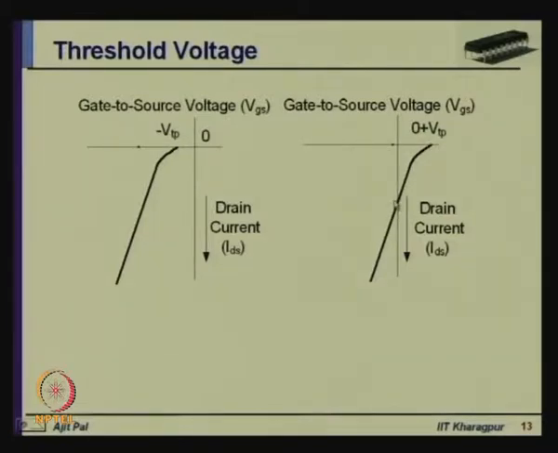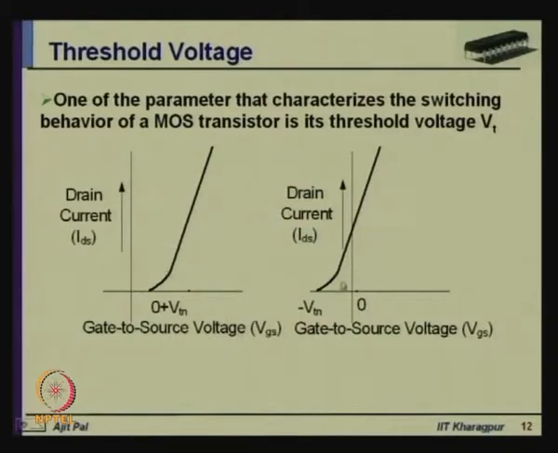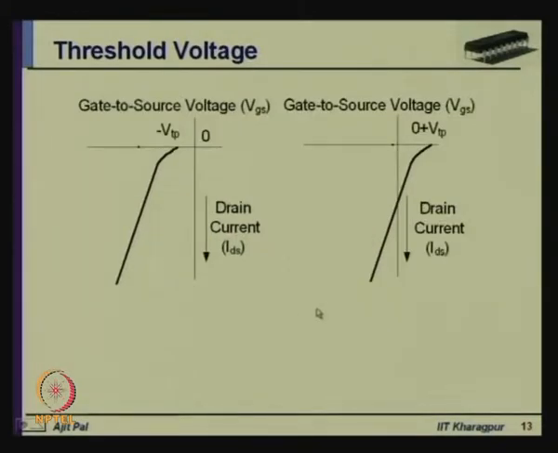So, when it becomes 0, still there is a flow of current, and as you make it more and more negative, the current increases in case of PMOS depletion type transistor. So, these two and these two represent the variation of drain current with respect to the variation of gate to source voltage, and you can see the threshold voltage actually